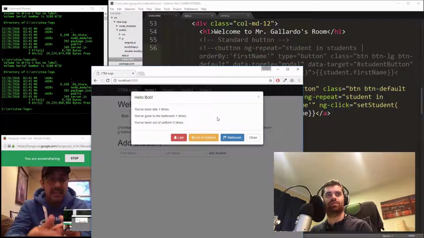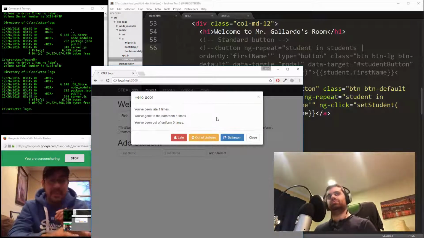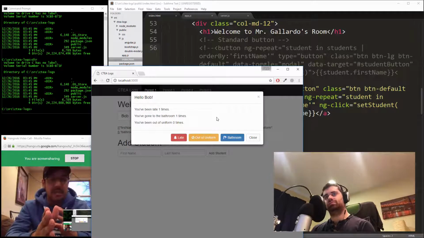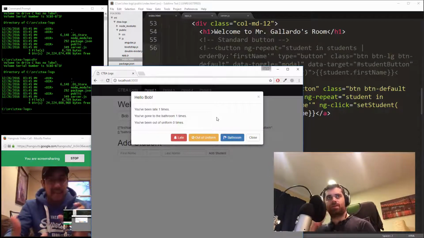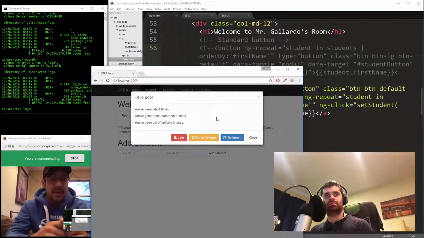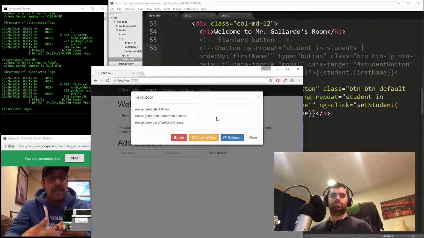Okay. But for late and out of uniform, they just tap those and then type in a pin and it just marks that time and tracks it. It saves it in the database. Whereas for bathroom, I have to get exit and entry times. But I think the next thing I would want to do is add a pin